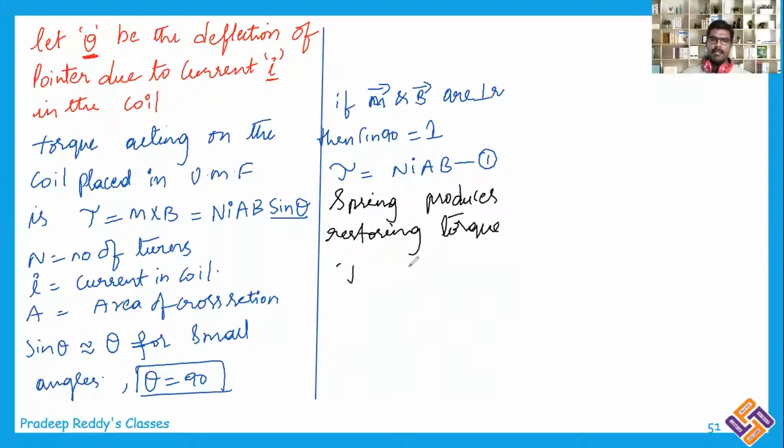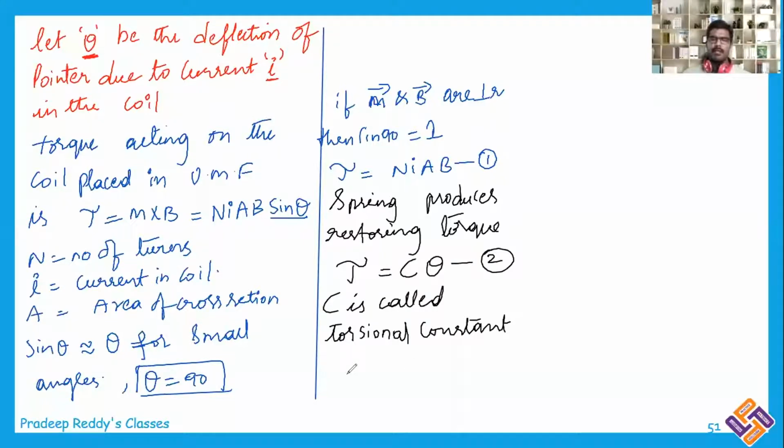And that torque will be equal to C into theta, where C is called the torsional constant. That is equation number 2, right? Now from equation 1 and 2, we can equate them because both magnitudes will be equal at equilibrium. Therefore, C into theta is equal to